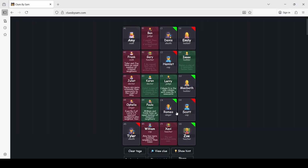Larry still has 1, 2, 3, 4, 5. There are 3 innocents in this column. Okay. Thank you for bearing with me. But if Emily is innocent and Denis is a criminal, if Hamlet remains a criminal, then William would only have